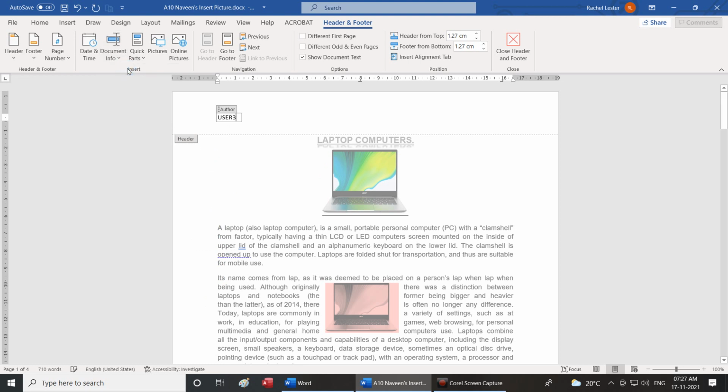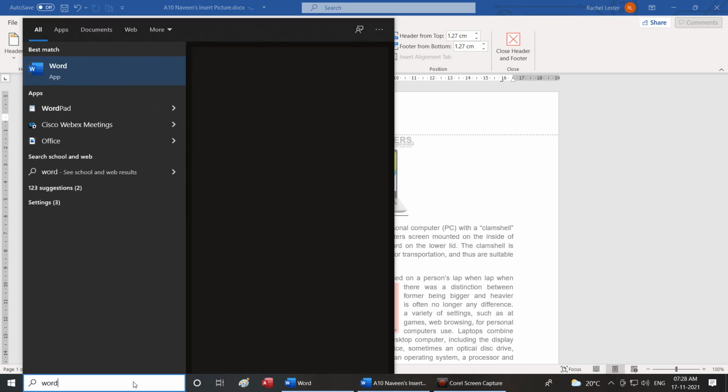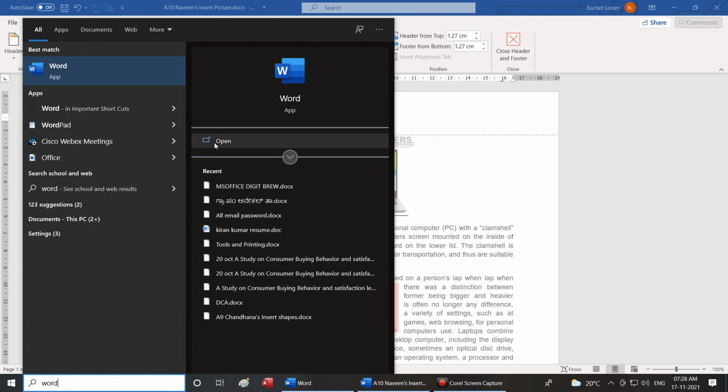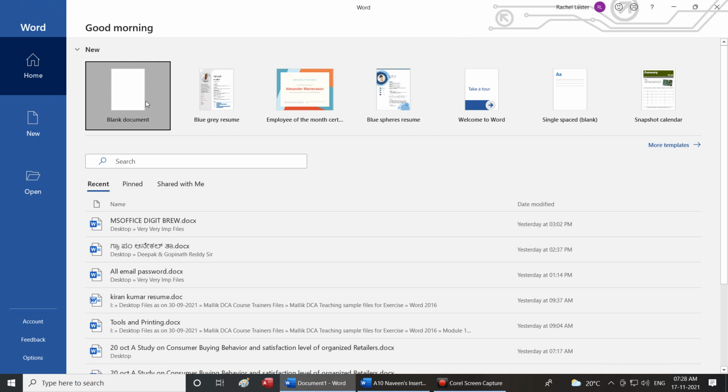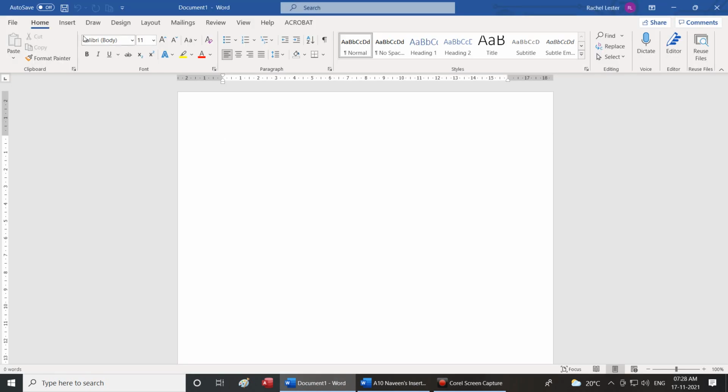Now I'll go to insert author. If I have predefined an author as user 1, user 2, user 3, this was what was created when he freshly created a file. Now I'll open a file which I have created. In the lab you will get user 1, user 2, user 3. Whichever user you have logged in as, that will become the author. Let me open a new file so that you know I am the author. Right now I am opening the file in the name of Mallikarjuna, because my user ID is Mallikarjuna.